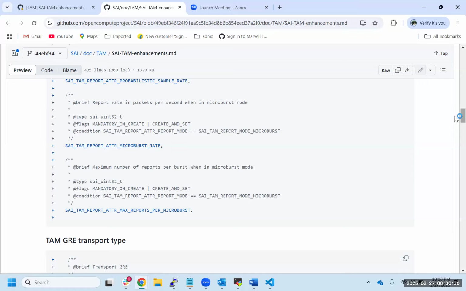Okay, so now what we are adding is, out of those n events created, we are sampling and sending only one of it. For every n events that get generated, only one report goes out. Only one of those events is picked and sent out. That's a simple sampling rate. This is all phase 2. The other one, the microburst, we'll look at the name again, but what that does is